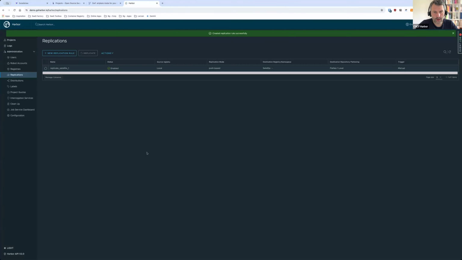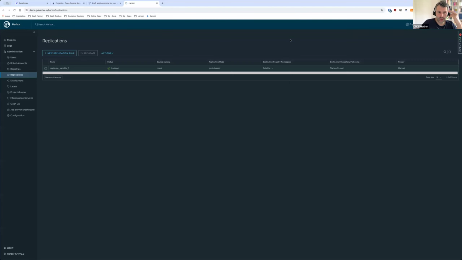So then you can activate this replication rule, and every time you push something to library, it will automatically replicate to the satellite, right? So this is my intention, how it can be done. And the reason behind this is